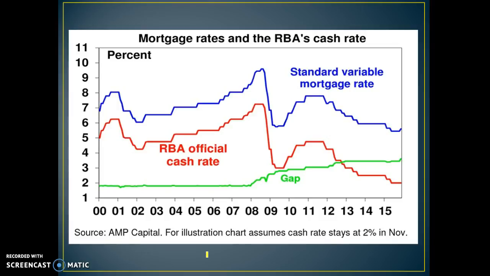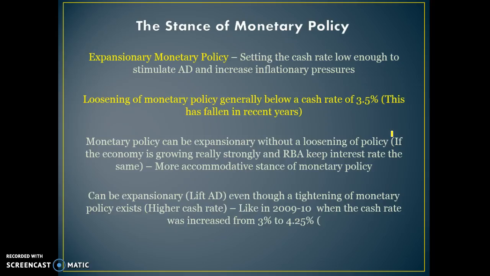Before we get on to that, I did mention in the last video that there's a bigger gap now between the official cash rate and the standard variable mortgage. As you can see in this graph, the difference is much bigger in 2014 than it was back in 2004. And a big part of that is because the banks aren't passing on the full decrease in the cash rate, and that's mainly because of the higher funding costs from borrowing from overseas.